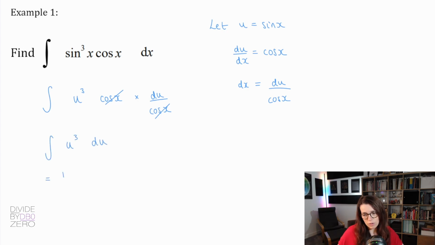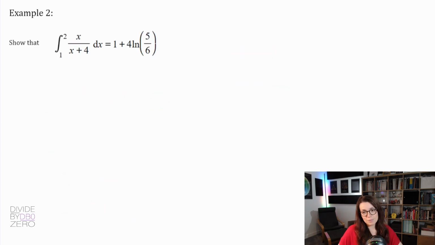That is going to be 1/4 u to the power of 4 plus c. And then with integration by substitution, make sure you replace your u in the end with the original function in terms of x again. So that will be 1/4 sine to the power of 4 x plus c. And that's it. Example 2, show that the integral between 1 and 2 of x over x plus 4 dx